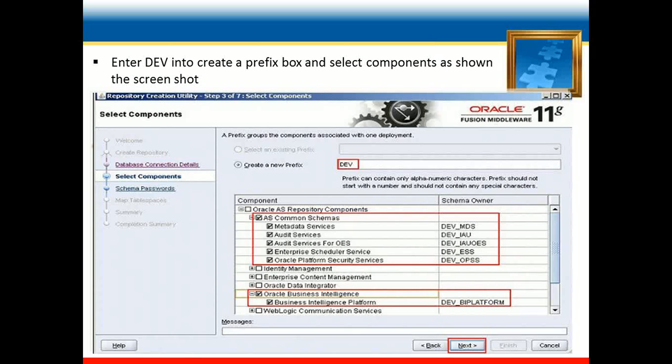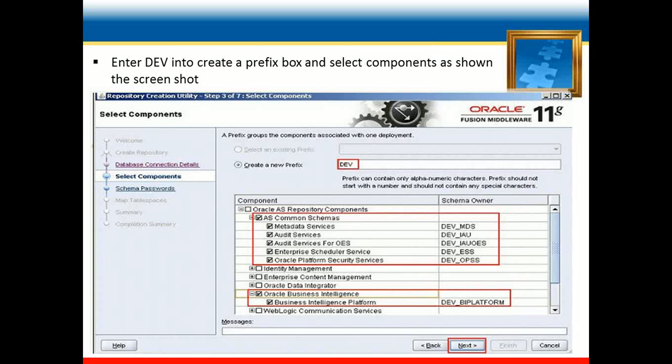So here in the screen, mainly metadata services, audit services are selected, and audit services for OES, and then next is Oracle Platform Security Services and Oracle Business Intelligence, and for the platform, that is for DEV BI platform and DEV MDS.